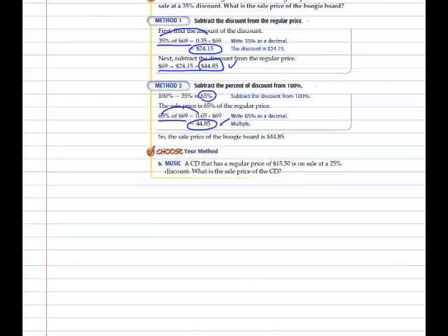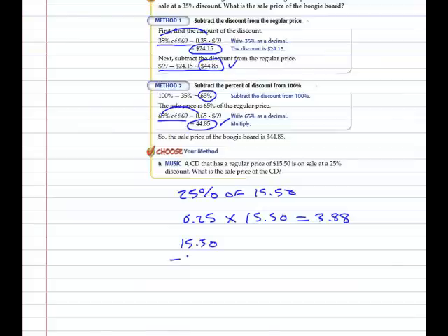If I get a 25% discount, what I want to find is 25% of $15.50. So I'm going to change 25% to a decimal, 0.25, multiply it times $15.50, which gives me $3.88. So I take my $15.50, I subtract my $3.88, and I get $11.62 as my